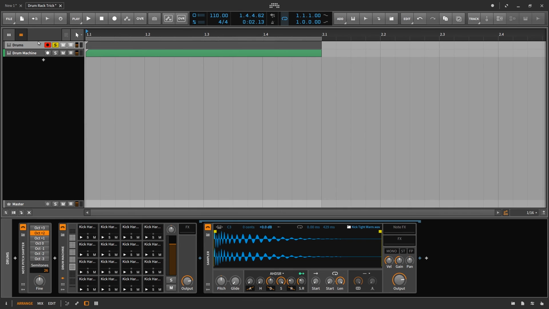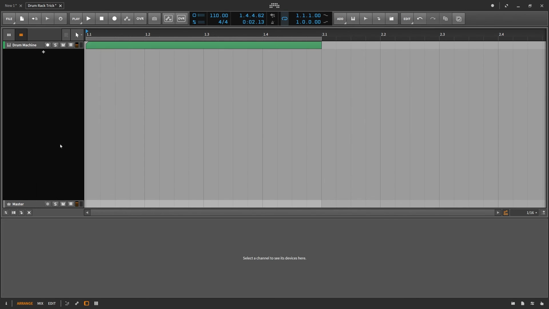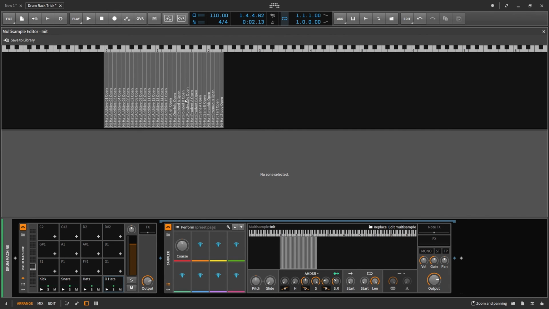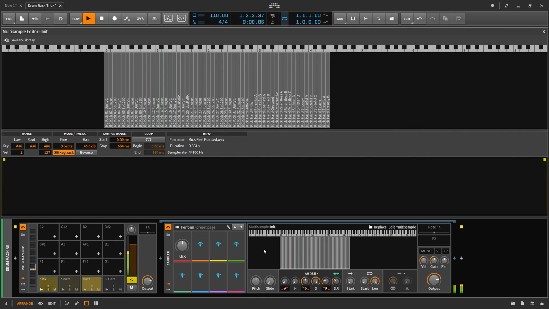Now, the variation on that, let me go ahead and deactivate this track here, is using the multi-sampler. In other words, putting all your drum samples into the multi-sampler. And then what you can do is put a remote on here, and then go into your note effects. Same thing. As I turn this, I'm flipping through my samples. You can see I'm auditioning my kick drums. Okay, so as I turn my knob,